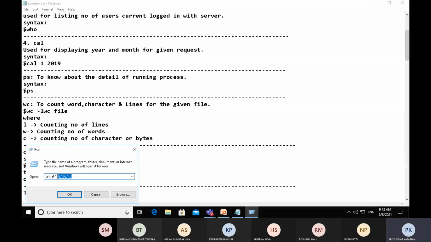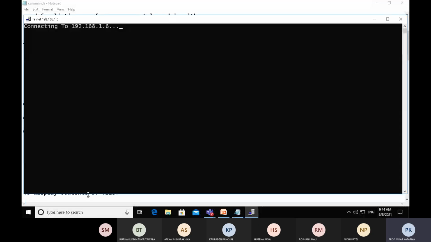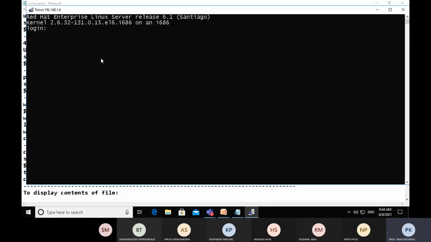Any machine situated at a remote location, we can connect to in this way: telnet space 192.168.1.6. If you click OK, our Windows machine starts connecting with the server 192.168.1.6. Right, we have connected.